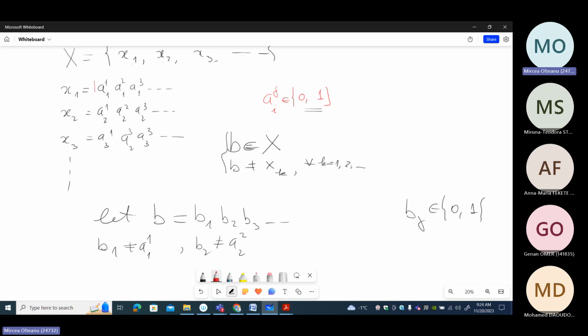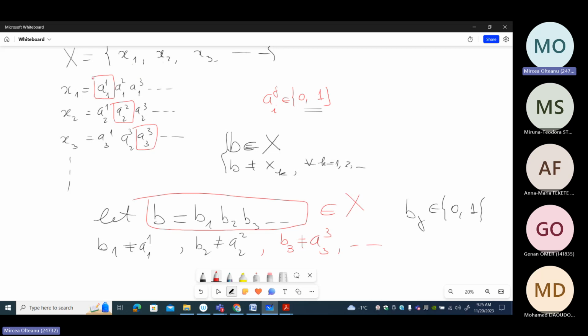So actually, follow here the diagonal of this table. This is Cantor's diagonal argument. B3 will be different from A33. The choice is possible, and so on. With these choices, the element B is obviously an element in capital X because it is a sequence of 0 and 1, but it cannot be